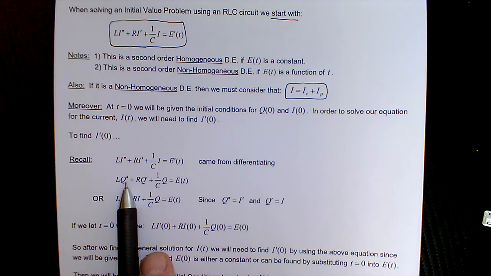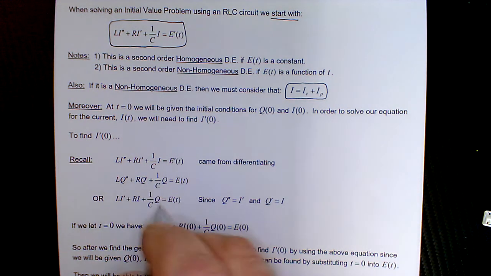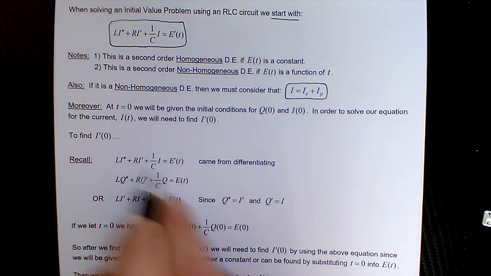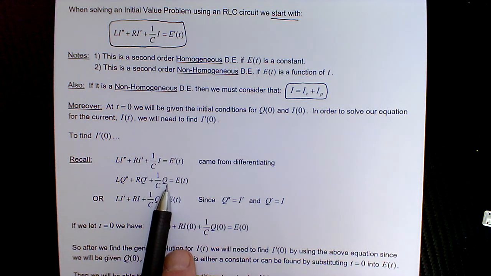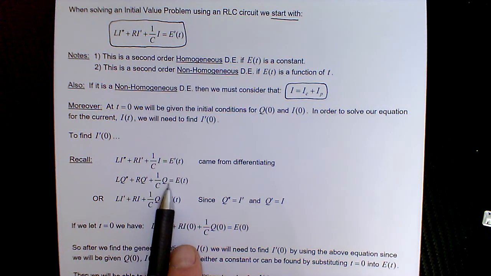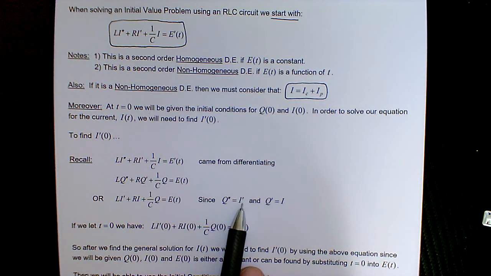Because there we'd get L Q triple prime, which is I double prime, and R Q double prime, which is I prime, and Q prime, which is I. So if we take that equation now and we substitute I prime for Q double prime, I for Q prime, and we leave the Q,